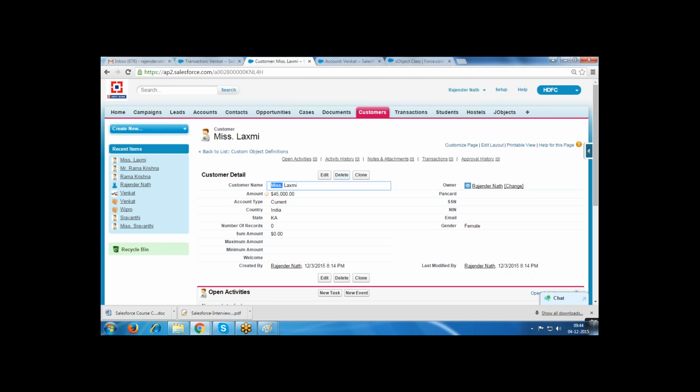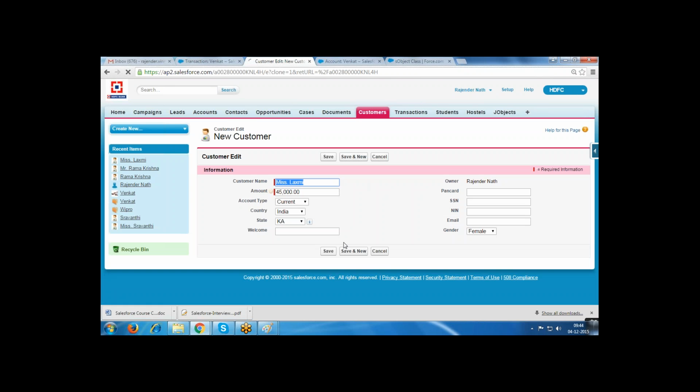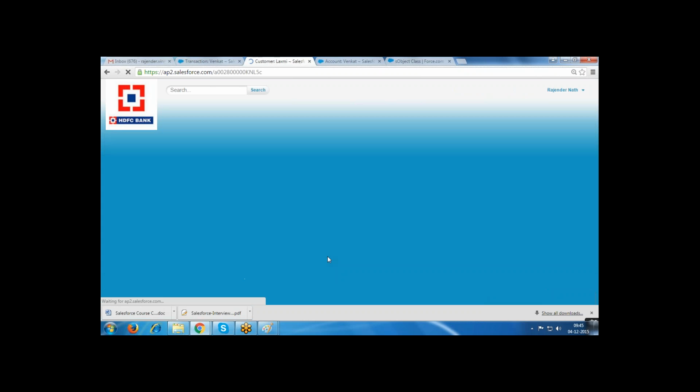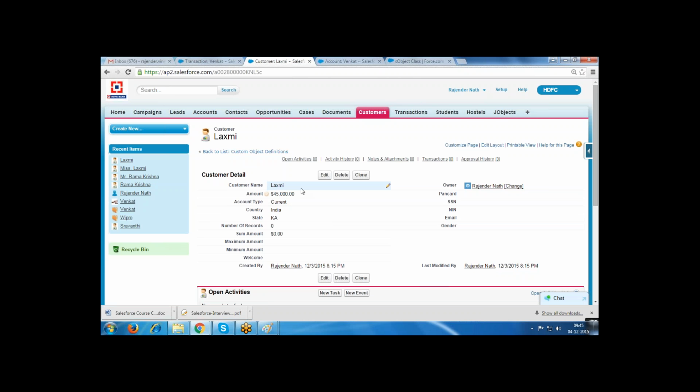Now Miss. Lakshmi only, but I did not select any value. This is the way we are using triggers. If it is male, then it is Mr. If it is female, then it is Miss. If it is none, then normally it is not selecting any value.